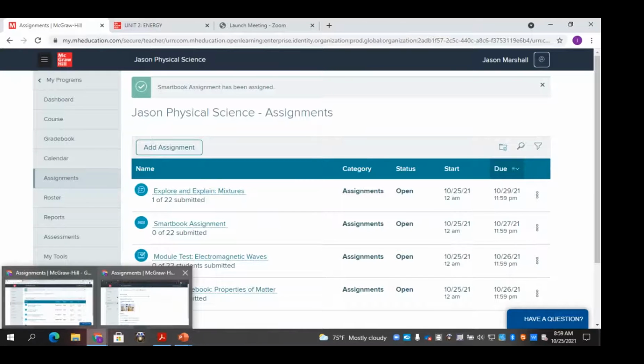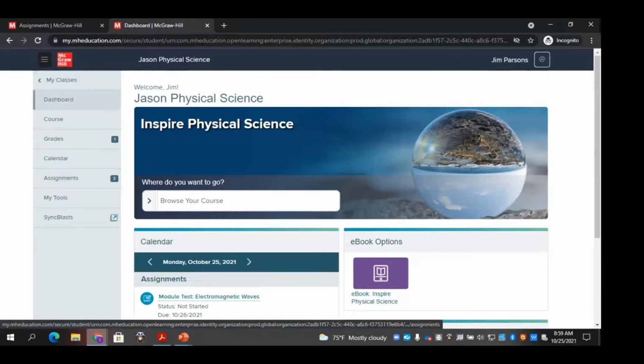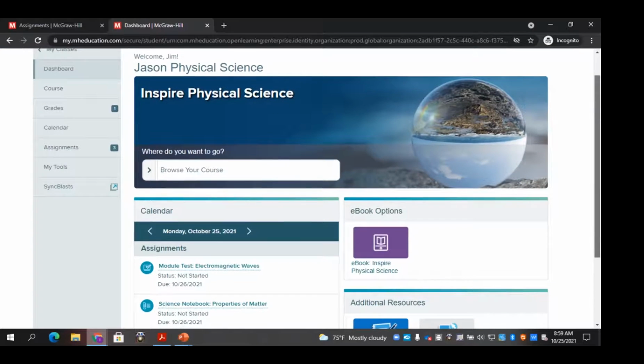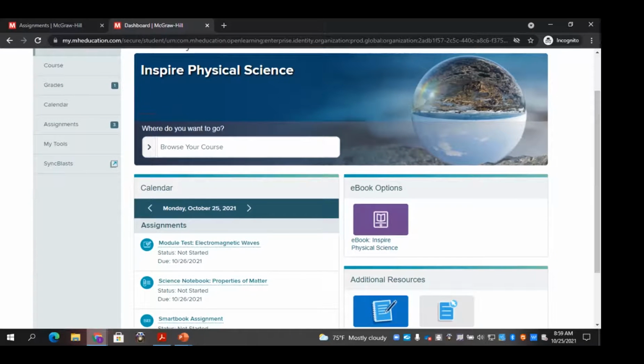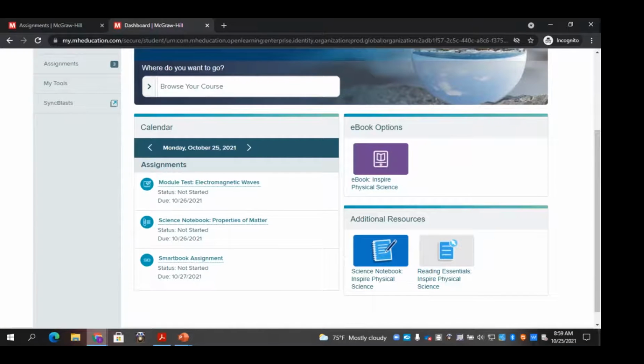So what do they see? Let's go back in as a student. I'm going to go in as Jim. And I'm going to go into Jim's dashboard screen. Now, Jim has an assignment that looks pretty similar to mine. He has his ebook here. We've already taken a look at that, the teacher side. He has his science notebook and reading essentials. So you don't have to assign these things. Students already have these